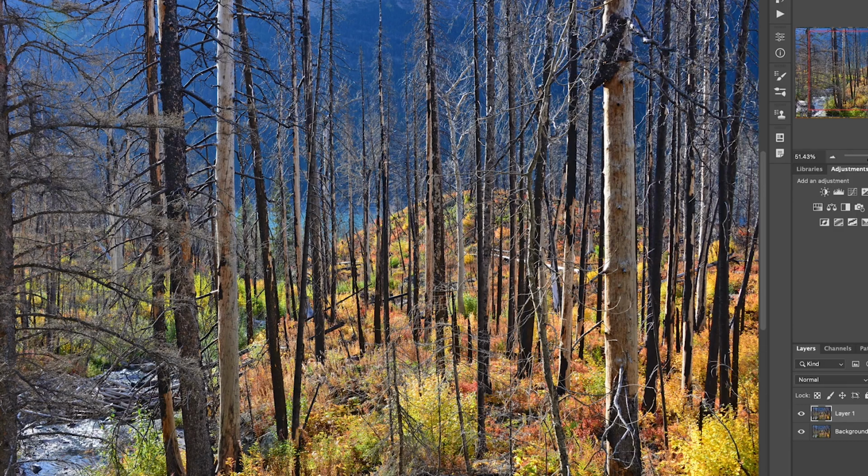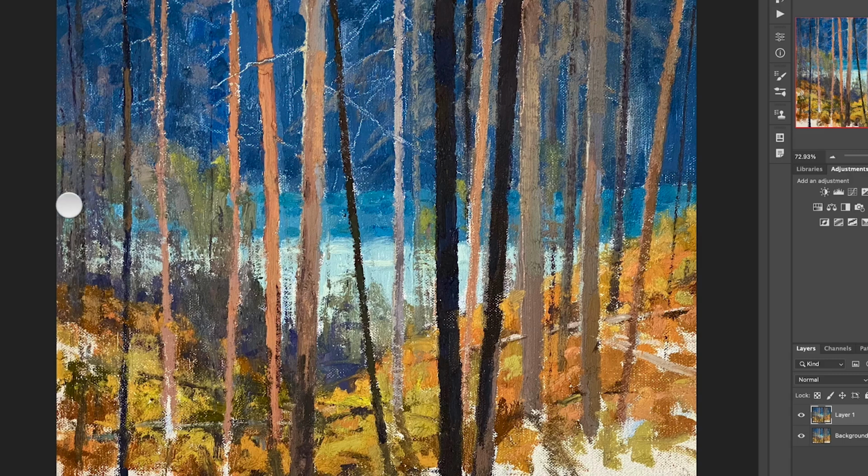I did an on-the-spot piece, and you can see it's fairly cursory. It's in no way seeking a finished painting. This was a kind of a rough trip. We had a lot of wind, a lot of weather up there that fall. And this just happened to be one of the places where we could get shelter from the wind. And it was actually something that I've been looking forward to taking on. I like the